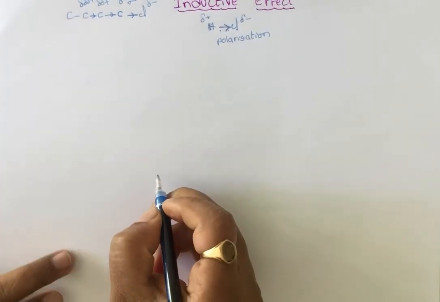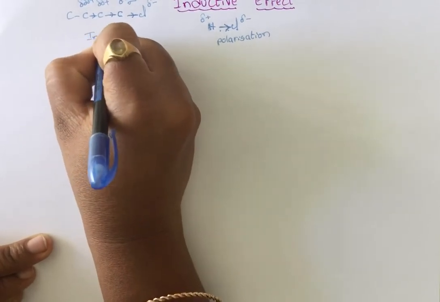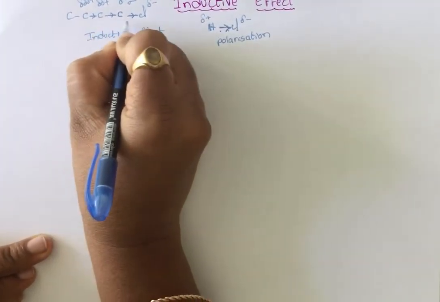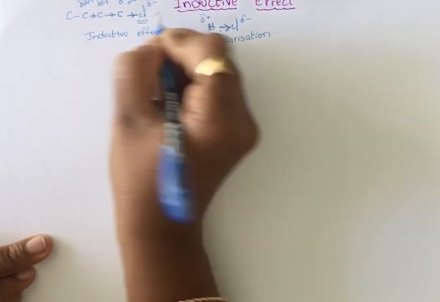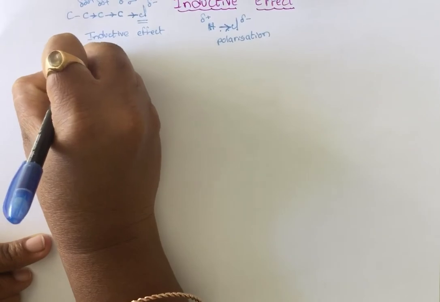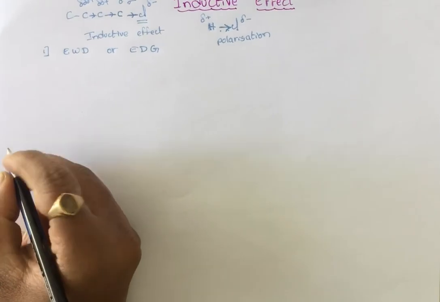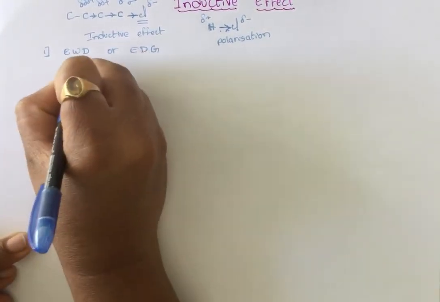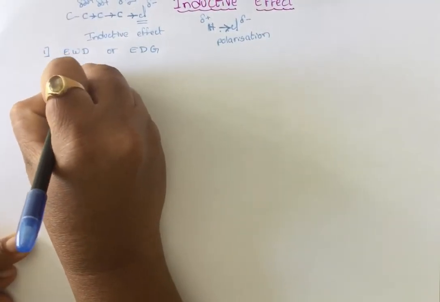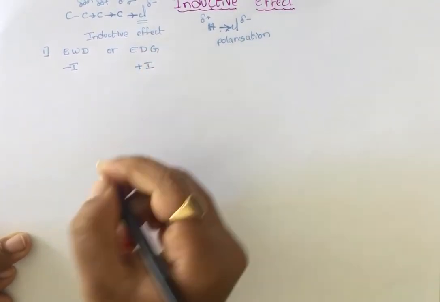Similarly, further it will continue in this way. If it develops like this in a chain form, then we call it the inductive effect. Polarization of organic molecules is observed whenever electron withdrawing or electron donating groups are attached to the carbon chain. If the group is electron withdrawing, meaning it is attracting electrons, then we call it the minus I effect. And if they donate electrons, they get a positive charge, we know it is the plus I effect.